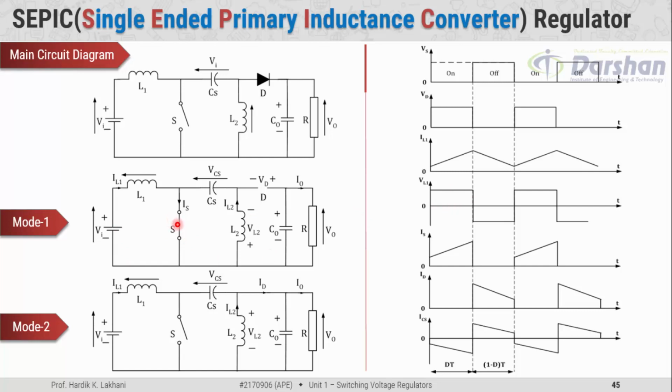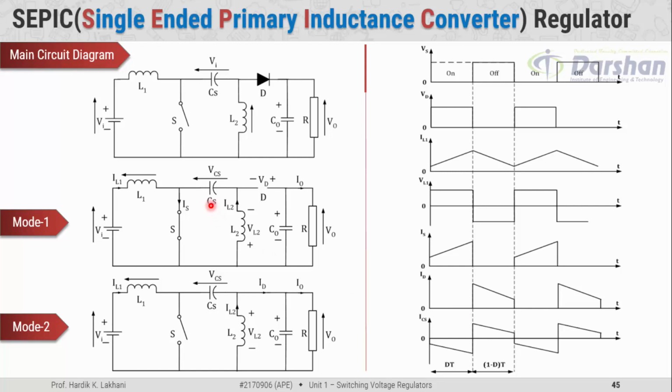Current through the switch is the addition of these two currents. The first one is IL1 and the second one is the capacitor current. As you can see, the current through the inductor gradually rises from the minimum value towards the maximum value, so the current through the switch also behaves like the inductor current. It increases from the minimum value towards the maximum value till the switch is in the on state condition. During the first interval, the diode is in the reverse bias condition, so there is no current flow through the diode, so ID is equal to 0.